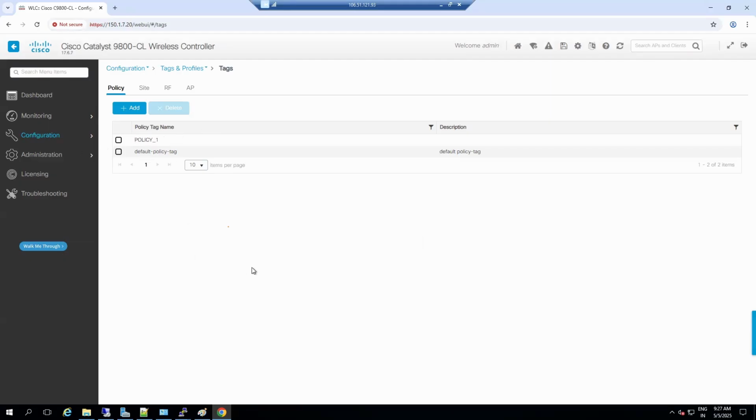So once this is completed, I will just show you. We can first check out the central switching. Okay. So for central switching, what I will do is,